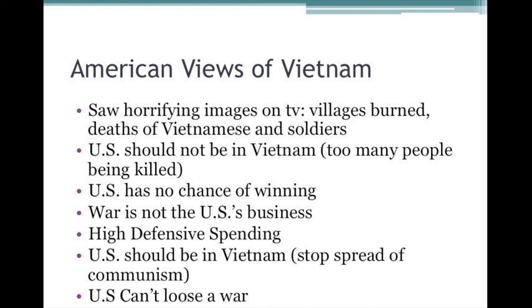And those who opposed the war were protesting that war. They were burning draft cards. They were marching in Washington. Some of these protesters were part of what was called the counterculture. And the counterculture was a group of primarily young people, college-age people, who rejected their parents' culture, who rejected a lot of the norms from the 1950s. They grew their hair long. They listened to what they called hippie music. And they were also very opposed to the Vietnam War.